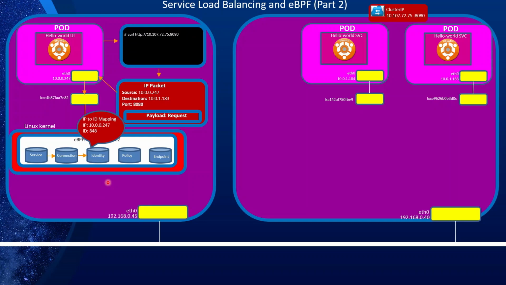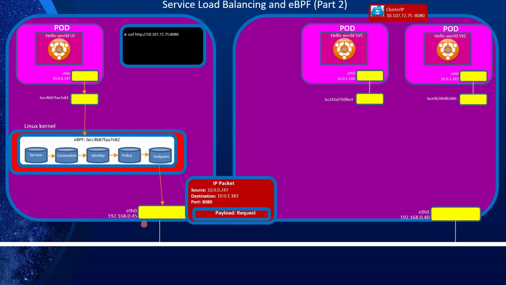And then it goes to the next eBPF map, which is basically saying, is this ID, is this pod allowed to connect to the backend on port 80? Is it allowed? Yes or no? If no, then the packet is dropped and it won't go any further. Assuming that it is allowed, it continues its journey, and then the request comes to this Ethernet